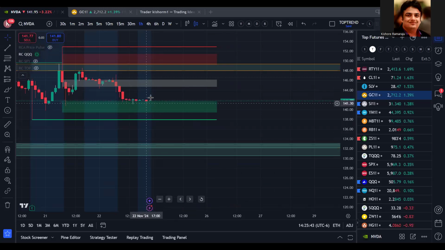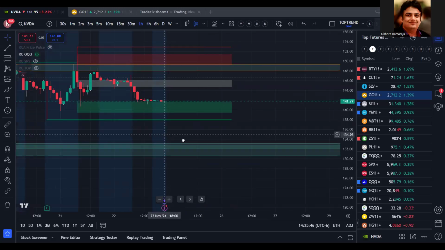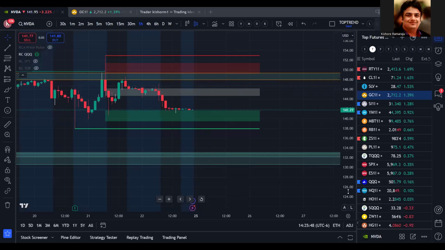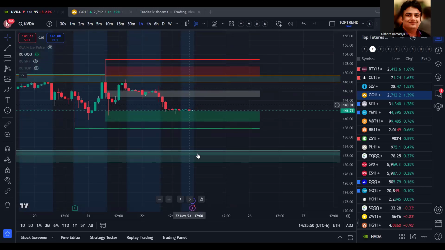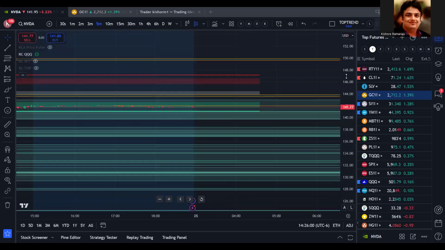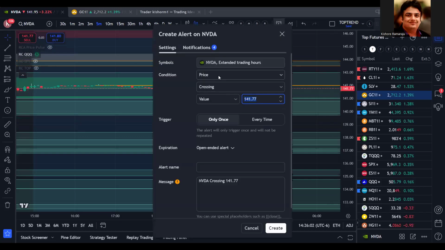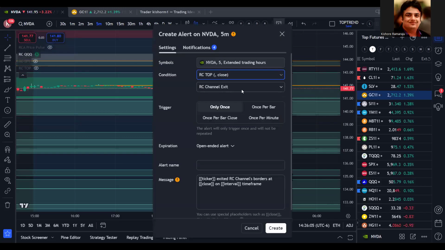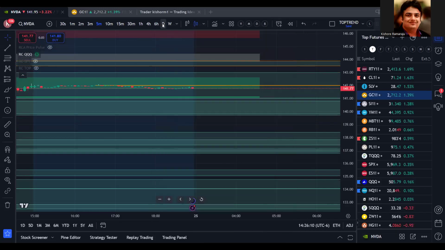So the pullbacks may be only for a temporary period, but which one do you think will make you more money, right? Whether buying calls will make you more money or buying puts will make you more money by looking at the daily and 1 hour time frame. So now in 5 minutes, what you can do, you wait for the sell signal. You can say, okay, whenever I get a sell signal, tell me, right? Because your daily is telling it will go further down. Your hourly is telling it will go further down. And your scanner is also telling